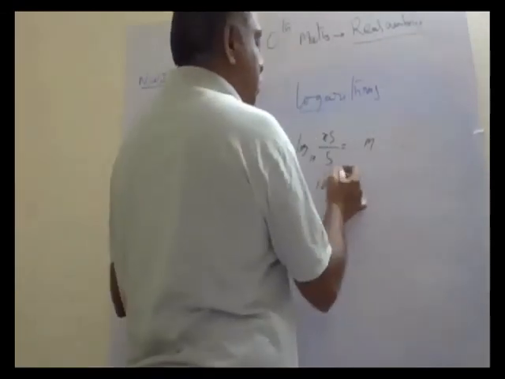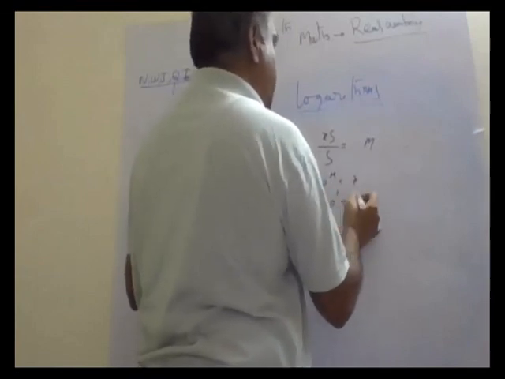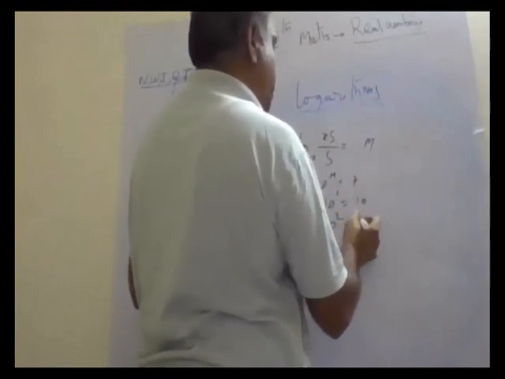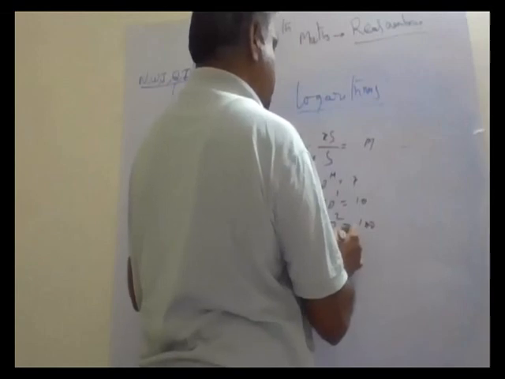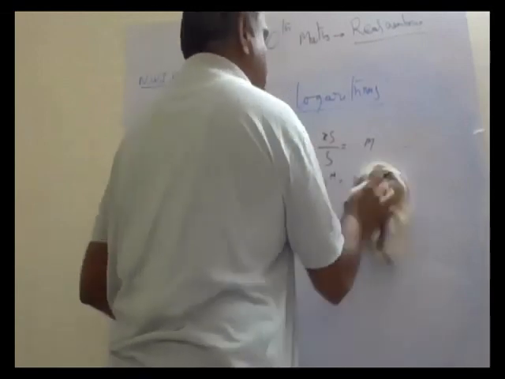So if M is 1, x is 10 times. If M is 2, x is 100 times. If M is 3, x is 1000 times. Like that, the scale is to be understood. So with this, look at